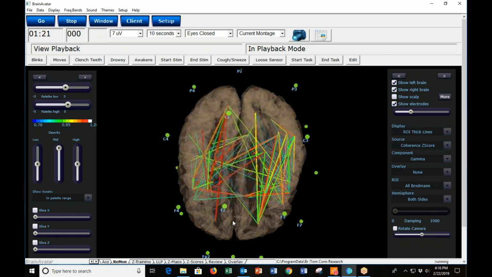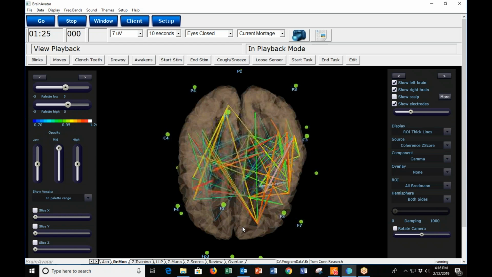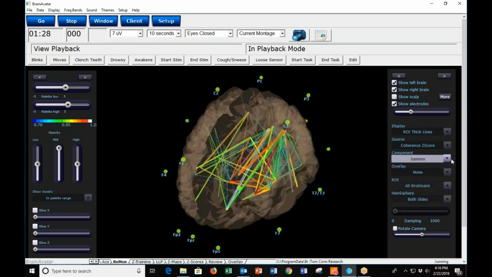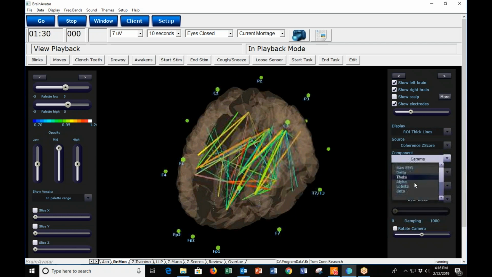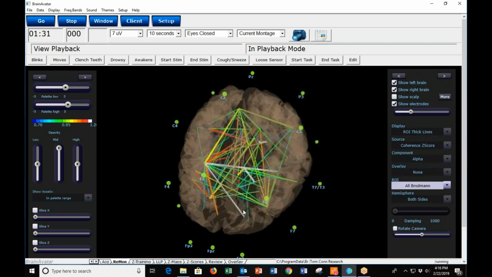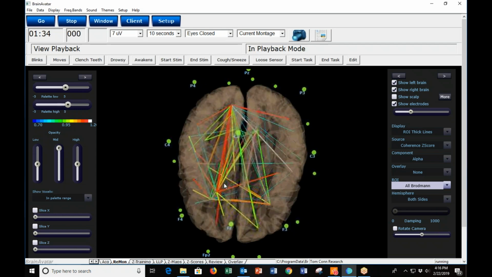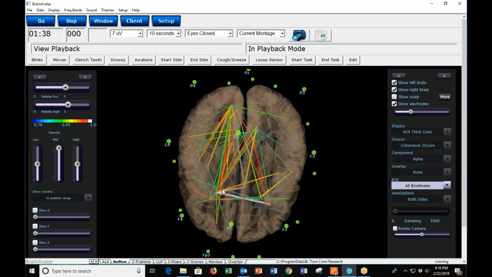So we can see, for example, in this client, there's this anterior-posterior sort of communication going on at this particular moment. We can look at other frequency bands as well. We could look at alpha, for example, and there we see that there's a somewhat different pattern cross hemispheric, as well as a lot on the right side, which is interesting